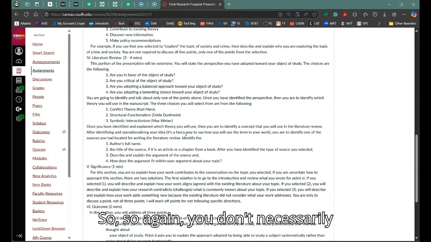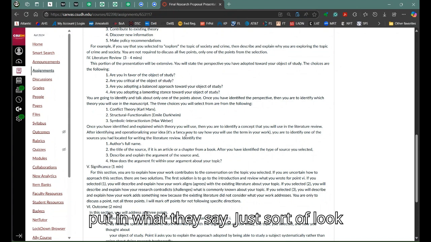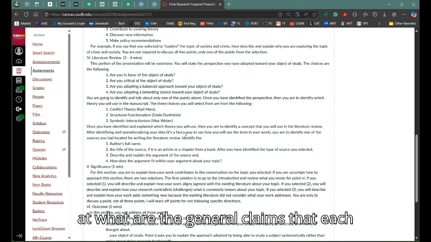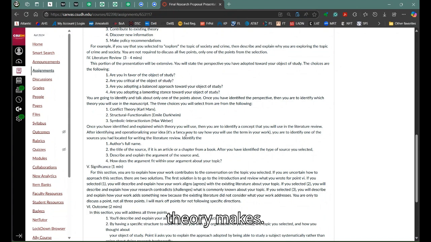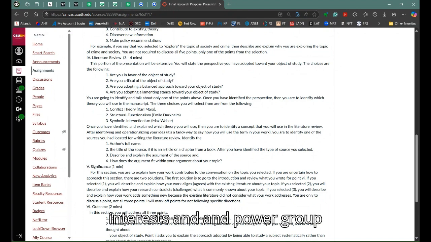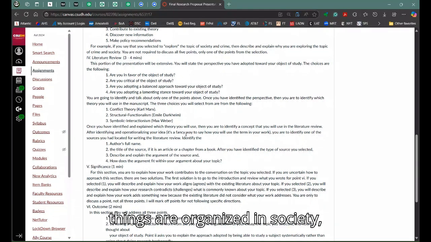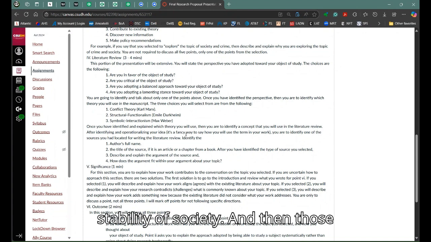Again, you don't necessarily start reading Marx, Weber, or Durkheim and put in what they say. Just look at the general claims that each theory makes. Conflict theory looks at the issue of conflict within society based on interests and power group dynamics. Structural functionalism looks at how things are organized in society, how the social institutions provide the stability of